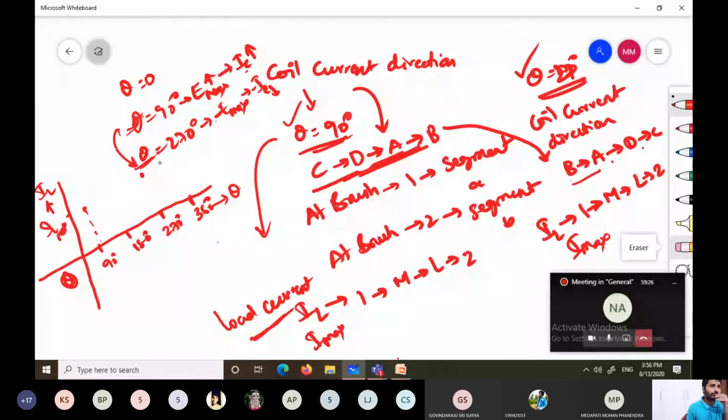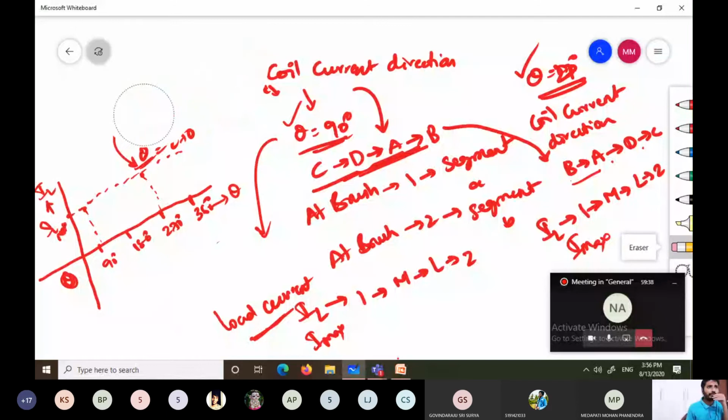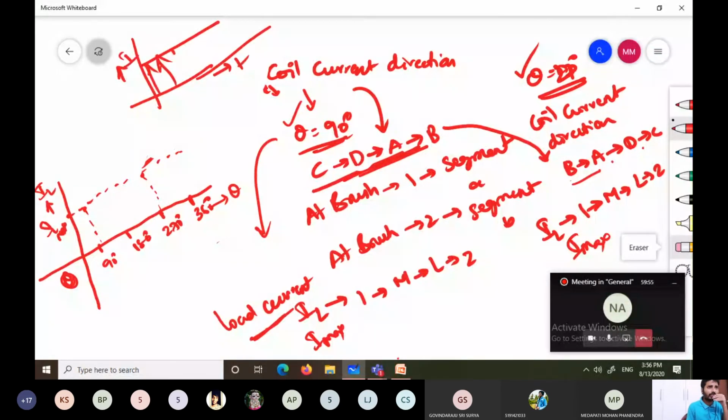So this is the dotted line. Now you can observe what a DC current is and what an AC current is. I have already indicated it with the dotted line. If the current is not changing with respect to time, that means at every position the magnitude does not alter with respect to time, it indicates a direct current. So now it indicates a direct current at the 90 degrees position.